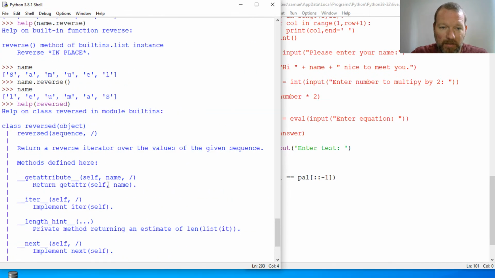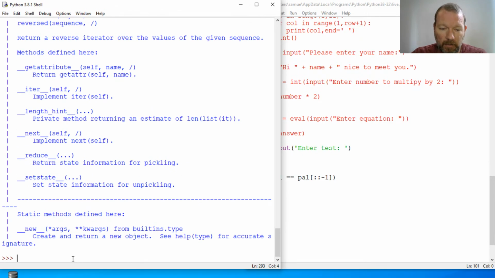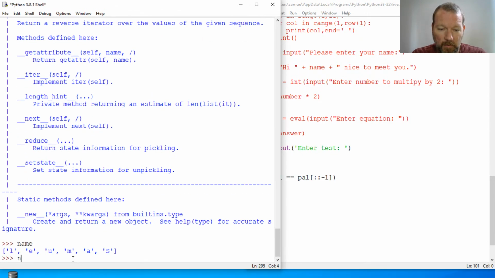But what does it do? What did we just talk about? It returns something, so it creates something. So if I come down here, name,